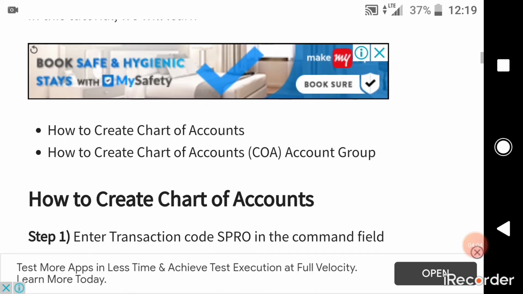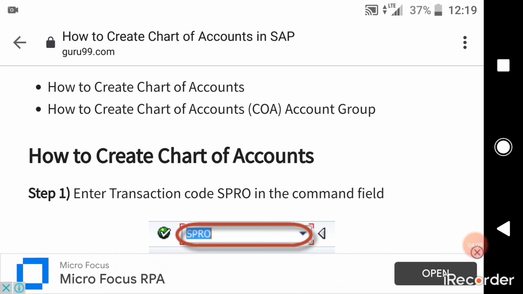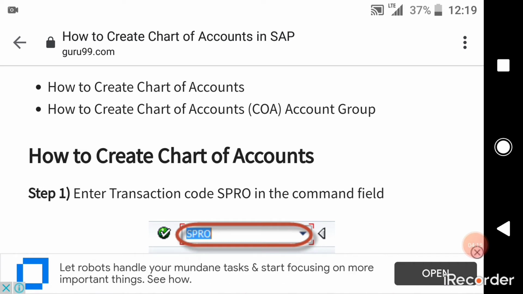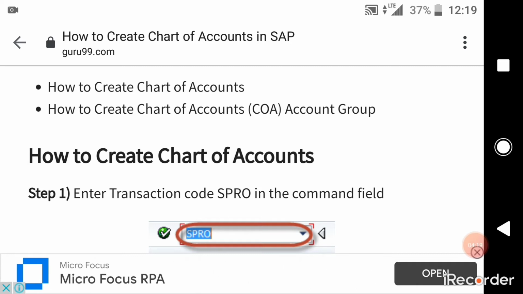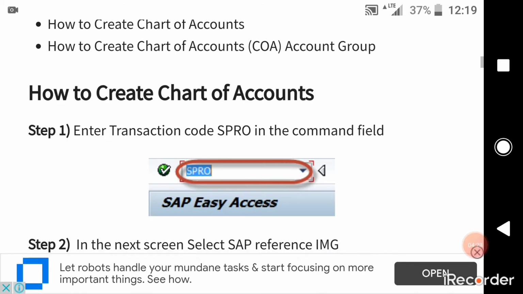So now, how to create a chart of accounts. As I told you earlier, this is one of the basic T codes we use for creating a company and assigning a company code or any function. If you want to go to the function of SAP, where you can delete, add or edit anything, you will use the T code SPRO.